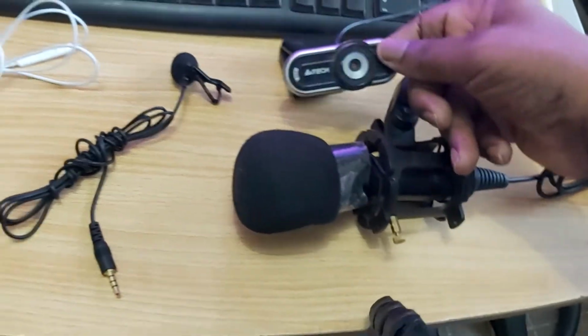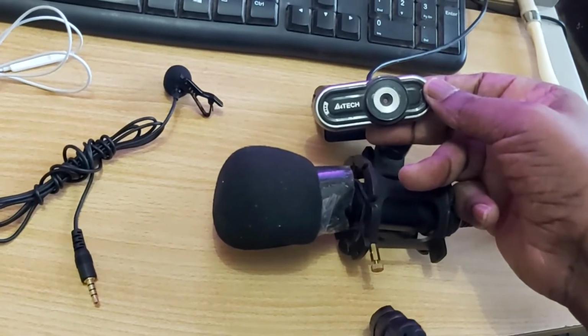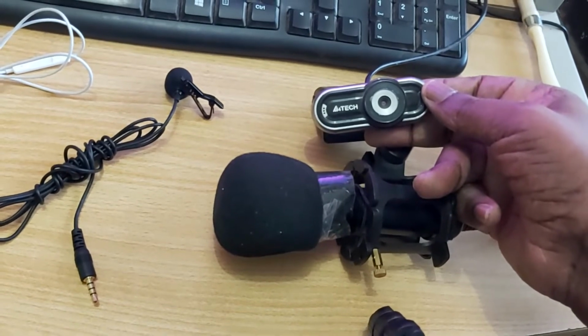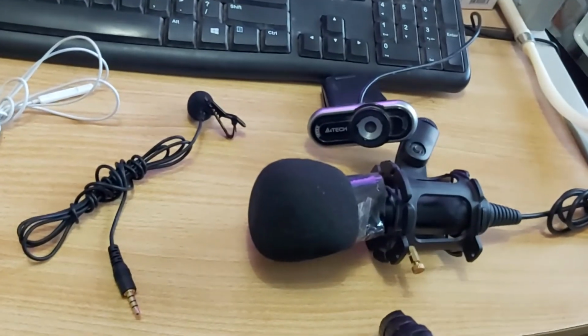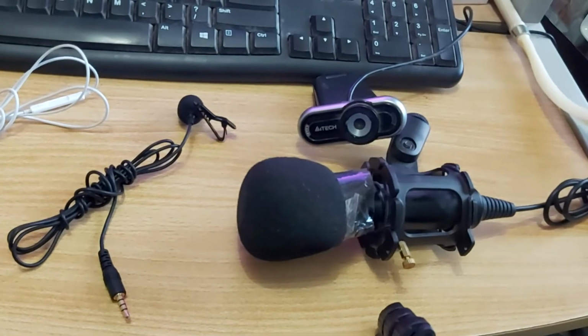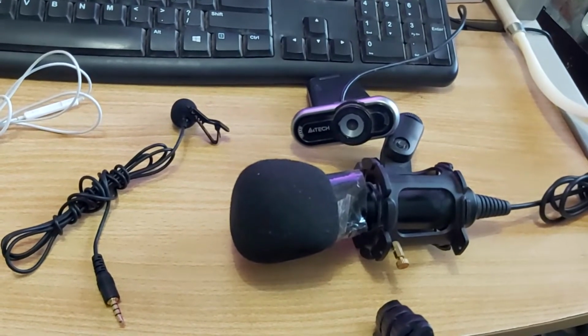This is an A4 Tech web camera. This I must have bought at least 5 years ago, and that's a pretty high priced piece of equipment. I think I paid $120 4 or 5 years ago. It's still working well, but